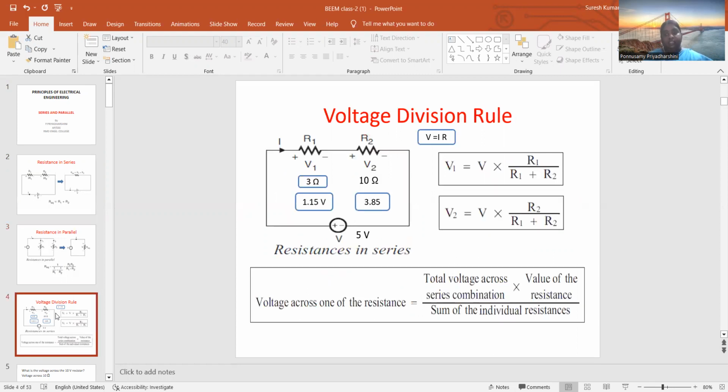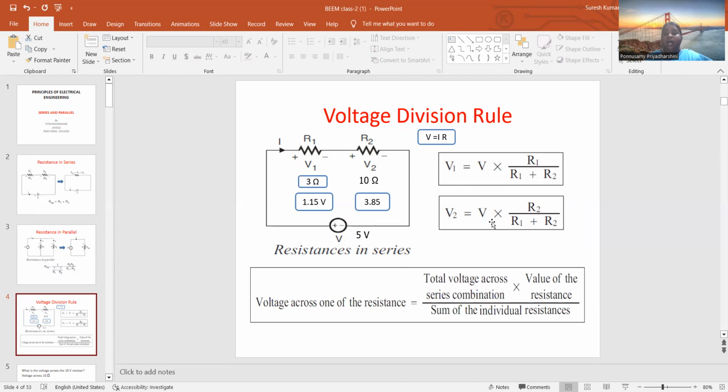Okay. The next is voltage division rule. If the two resistors are connected in series, the same current will be flowing, but the voltage will be getting divided. So V1 is the voltage across the resistance R1 and V2 is the voltage across the resistance R2. V1 is equal to V into R1 by R1 plus R2 and V2 is equal to V into R2 by R1 plus R2. So always, if I am calculating V1, it is V into that corresponding resistance by R1